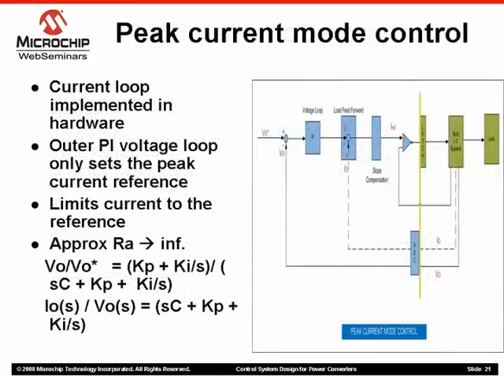Another popular control strategy is known as peak current mode control. In peak current mode control, current loop is implemented in hardware. The outer voltage loop generates a current reference. The hardware, which basically consists of a comparator, allows cycle by cycle current limiting of the measured current to the reference set by the outer voltage loop. In peak current mode control, we can approximate this as having an ideal current regulator. Basically, you get the current that is desired instantaneously. These are the three strategies that are usually used in power converter